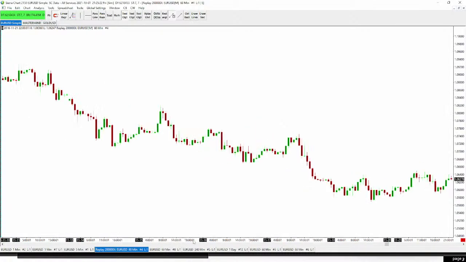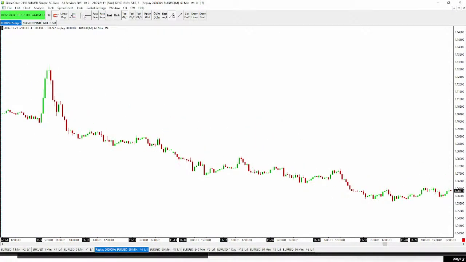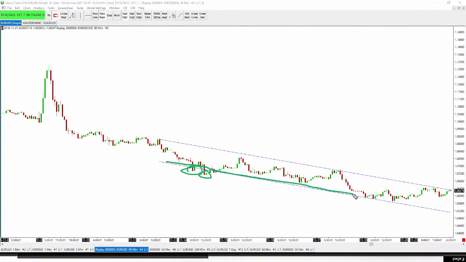Okay, so if we stretch this out, we can see that we have a downtrend right here. Okay, so if I channel this right there and right there, so we'll disregard these outliers right here because that channel fits a lot better. So you can see over 90% of the market movement is within that channel.